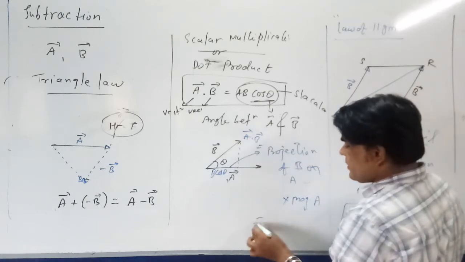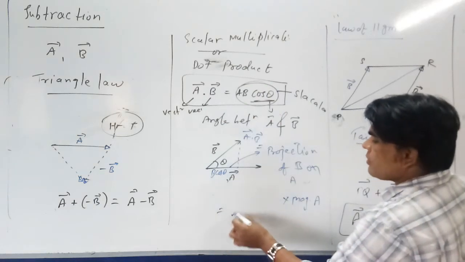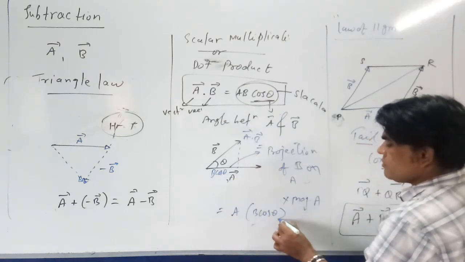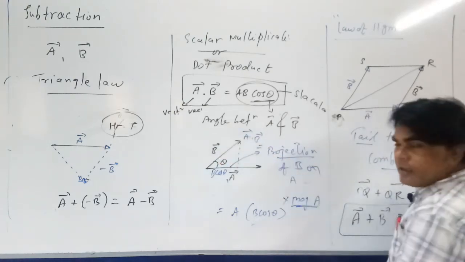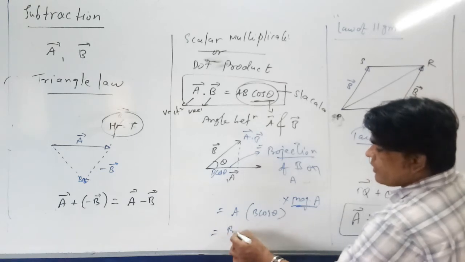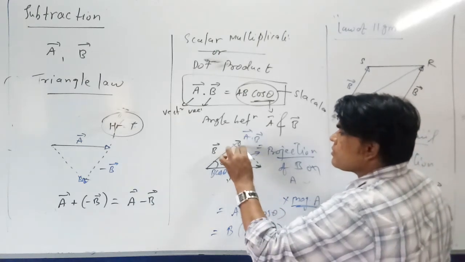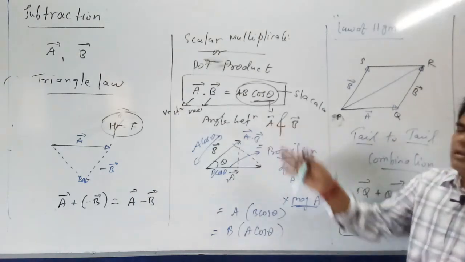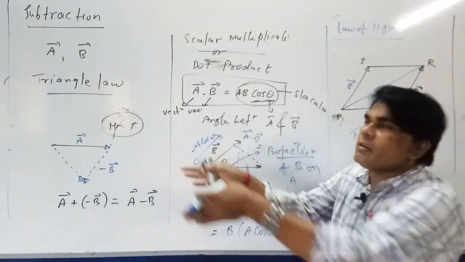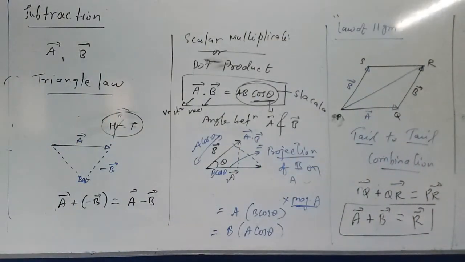This is the geometrical or physical explanation, that if you want to define it, you can write A into B cos theta, then you write magnitude of A into projection of B on A, or you also can write B into A cos theta. Means you also can draw this, it is your A cos theta. So length of B into projection of A on B is equal to your dot product or scalar product. Lastly comes the vector product, that we will be talking about next time. Thank you very much.